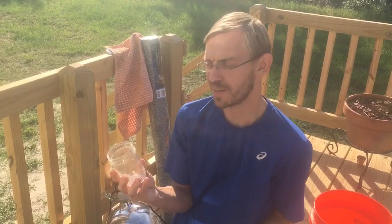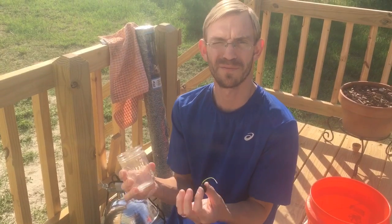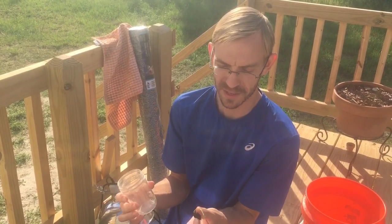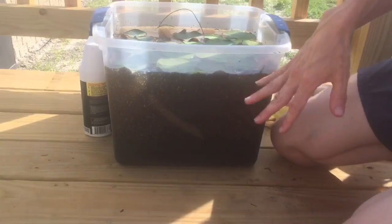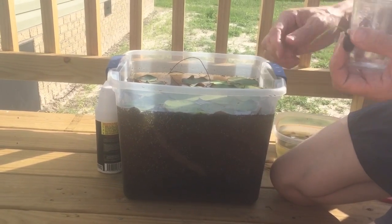Okay, this is what we put them in first. Just a jar of water or Tupperware, and let the seeds sit in the bottom for 5 days or whatever in water. And then it starts to sprout. So once it started to sprout, put them in a bigger container with about 2 inches of dirt in the bottom, and then it all settled down and the water separated, and so we just planted the seeds